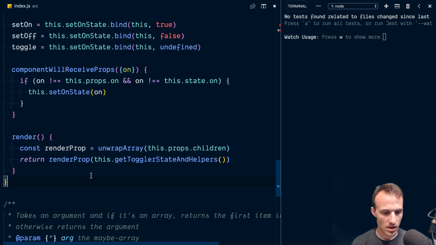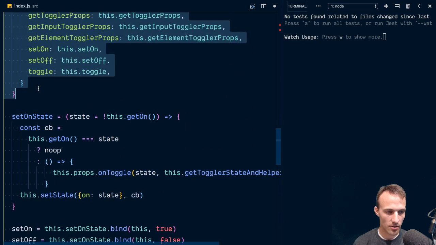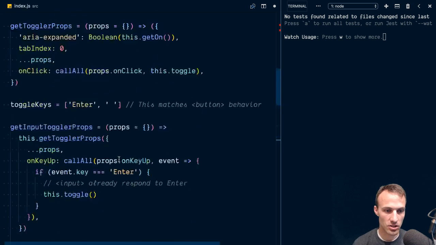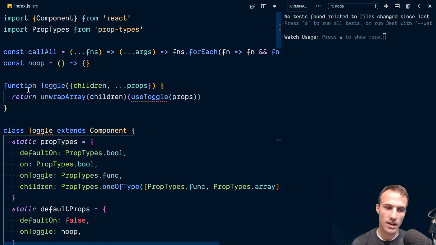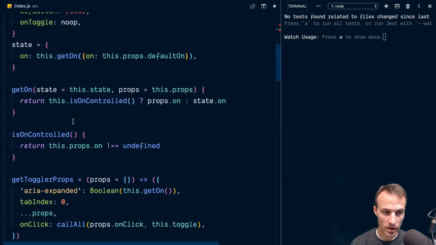So what our custom hook is going to do is return us this getTogglerState and helpers. So our custom hook will just return this object, and then we'll call our children function with that object. And so now, providing that this useToggle hook implements all the same features that we had in our original toggle component,